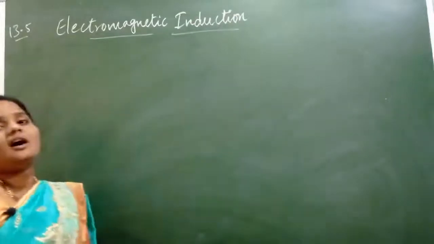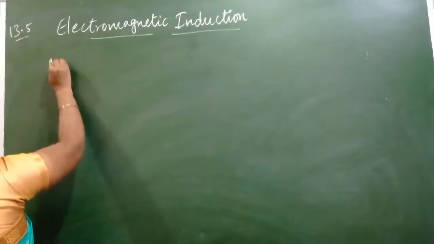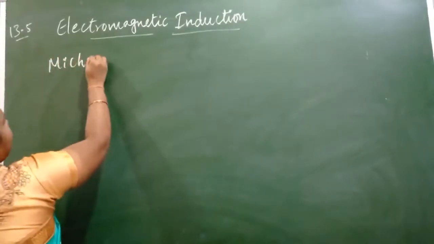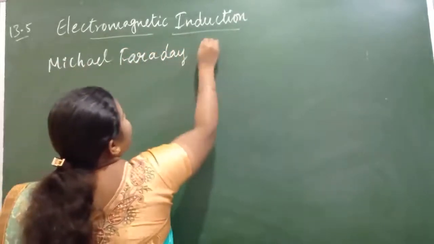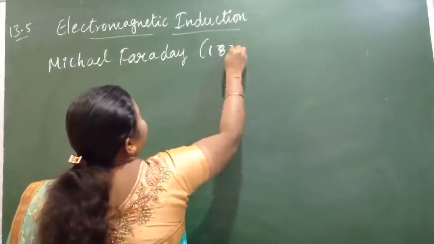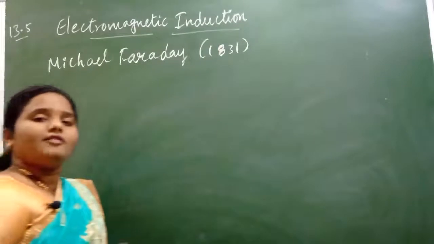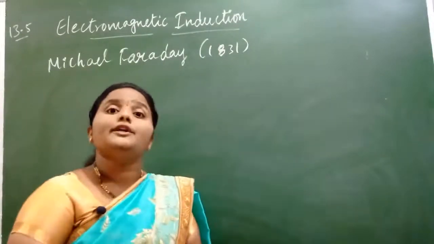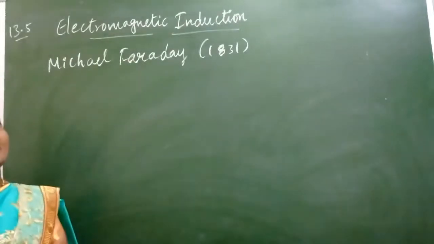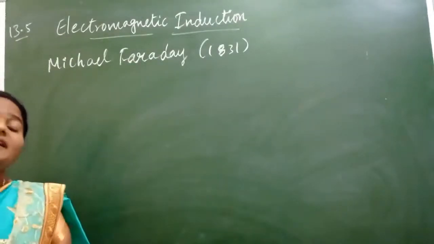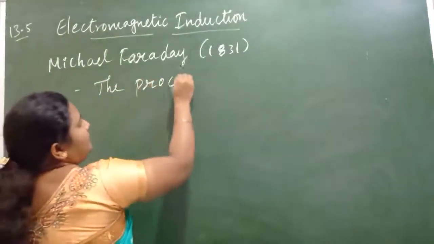This was achieved by the British scientist Michael Faraday in the year 1831, children. He stated that with the help of magnets, we can produce an electric current, and he called it electromagnetic induction. So, electromagnetic induction is nothing but the process of